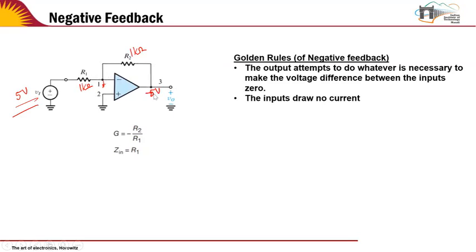That means the output of the op amp is floating to some voltage which ensures that these two inputs have a zero difference between them. And therefore the output becomes -5, which works out with our formula that we derived last time, right? The output V out is equal to minus R2 by R1 times Vin. So that's precisely what's happening here. If R2 is 1 kilo ohm and R1 is 1 kilo ohm, then the output will become -5 volts. If supposing R2 were 10 kilo ohm instead of 1 kilo ohm,